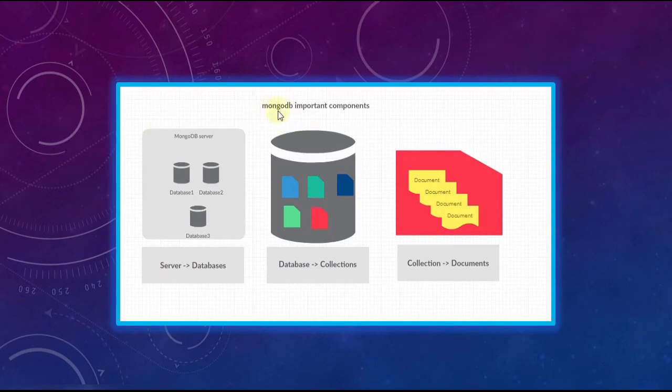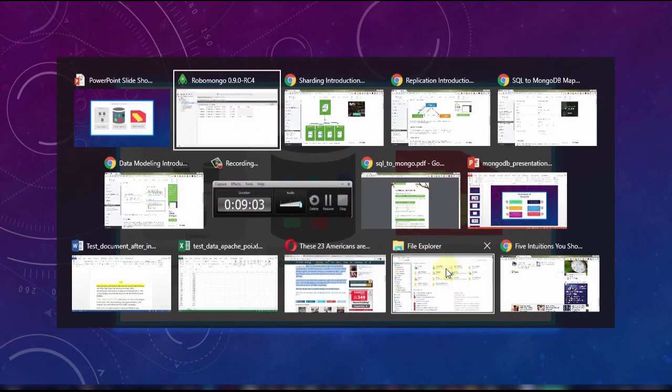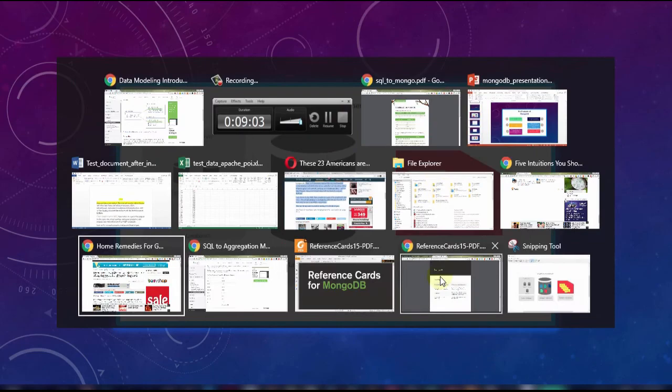So these are the main MongoDB components. We have a MongoDB server. A server can have many databases. This is similar to our traditional RDBMS concept. And a database can have many collections, and a collection can have many documents. We have seen the same through a demo with a MongoDB instance running locally on my machine.